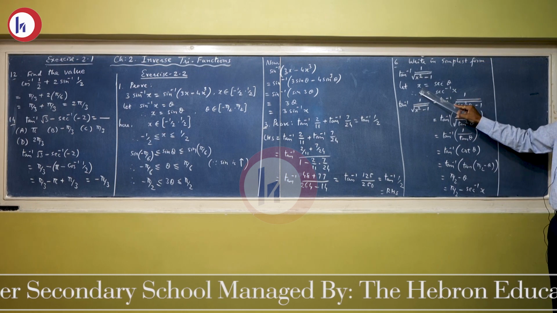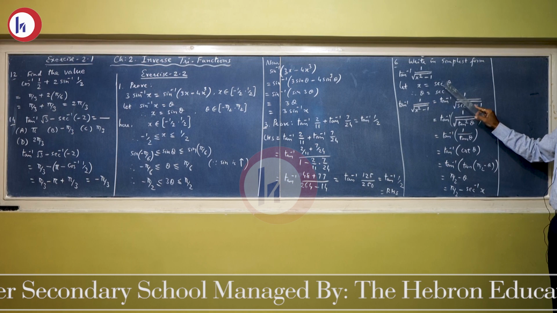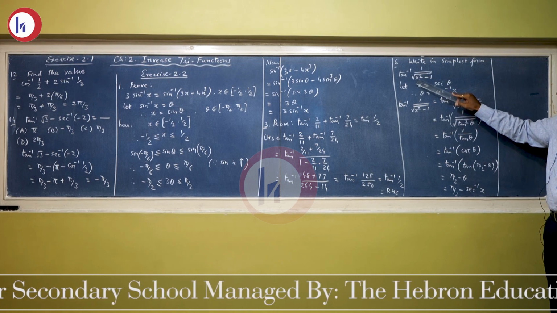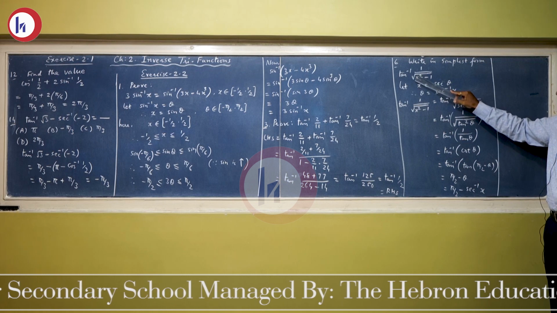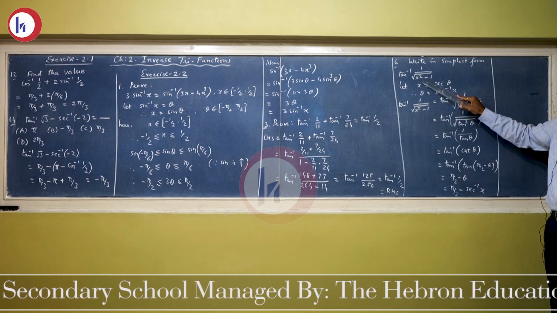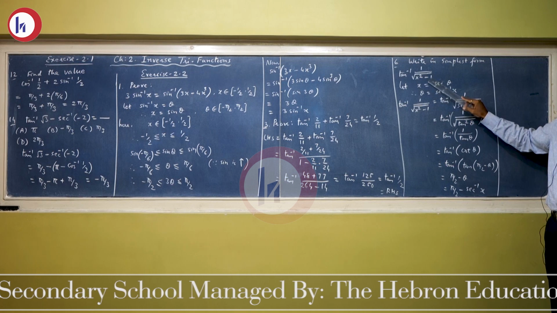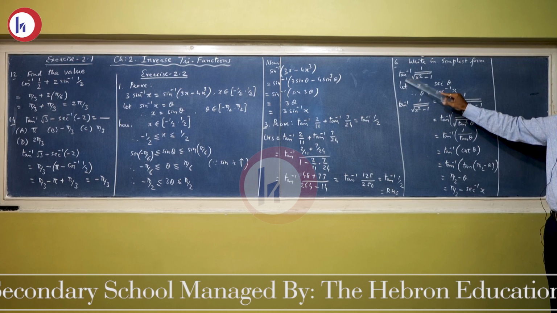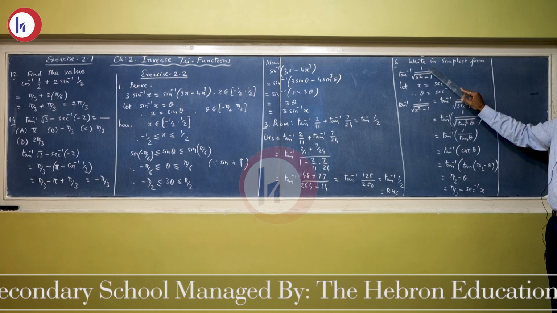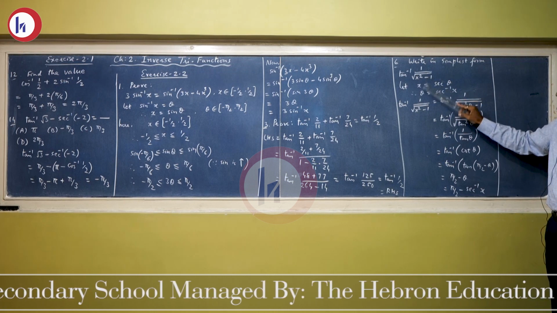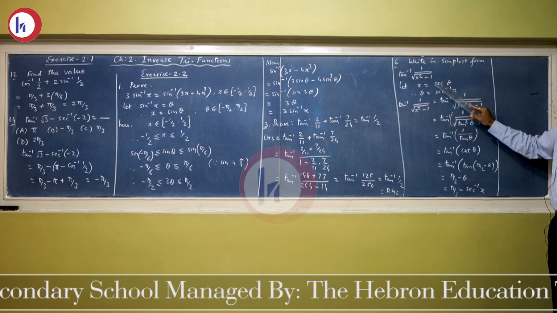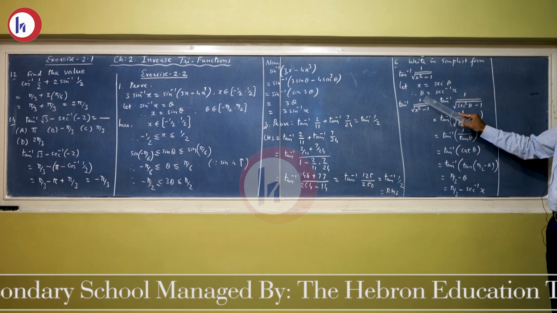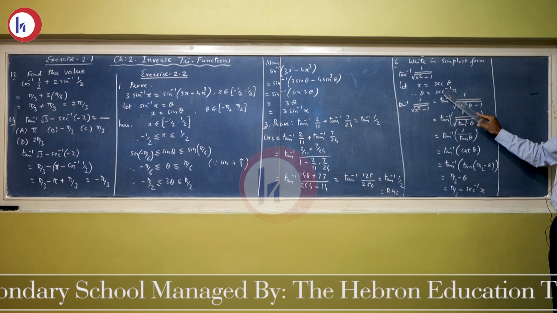Before you assume, you just assume orally: suppose you substitute x equals sec theta, then this becomes sec square theta minus 1, which is equal to tan square theta, and the square root of tan square theta is tan theta. So outside tan inverse, inside will be 1 upon tan theta. So x equals sec theta, so theta equals sec inverse x. So wherever you find theta, that will be replaced by sec inverse x.